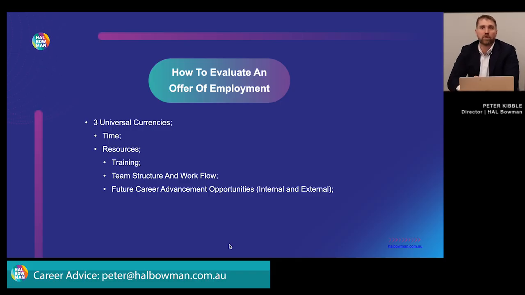There are better and worse offers within that. So if you're an intermediate and you're joining a firm that has 12 seniors and 1 intermediate, then it's pretty unlikely you're going to get promoted to a senior accountant, or you might actually get promoted, but it's pretty unlikely you'll end up performing the role of a senior accountant. You'll just basically get paid a little bit more to do the job of an intermediate.